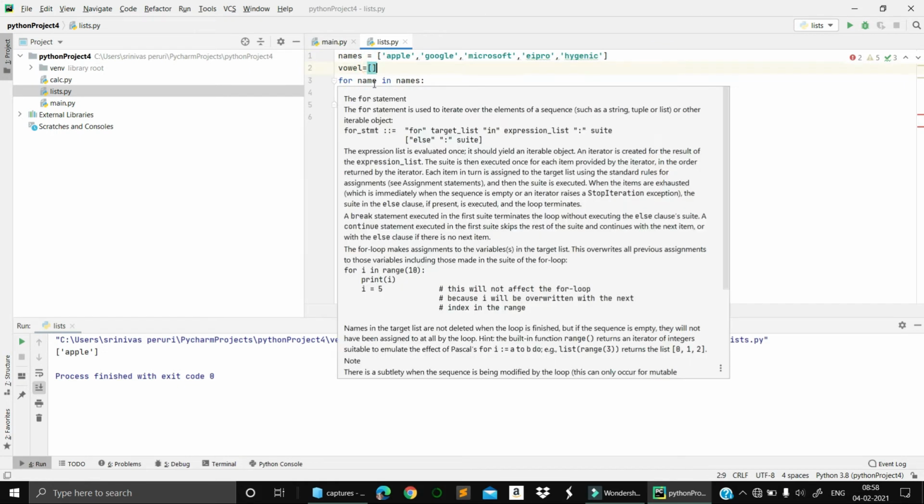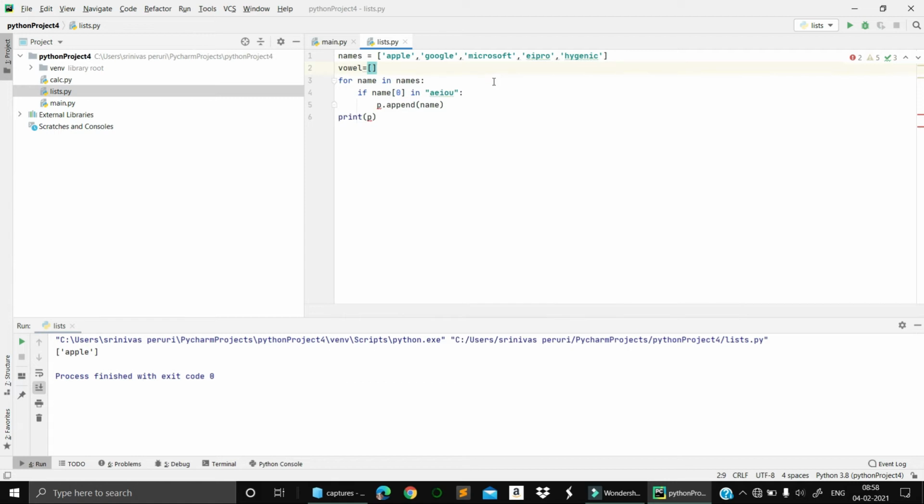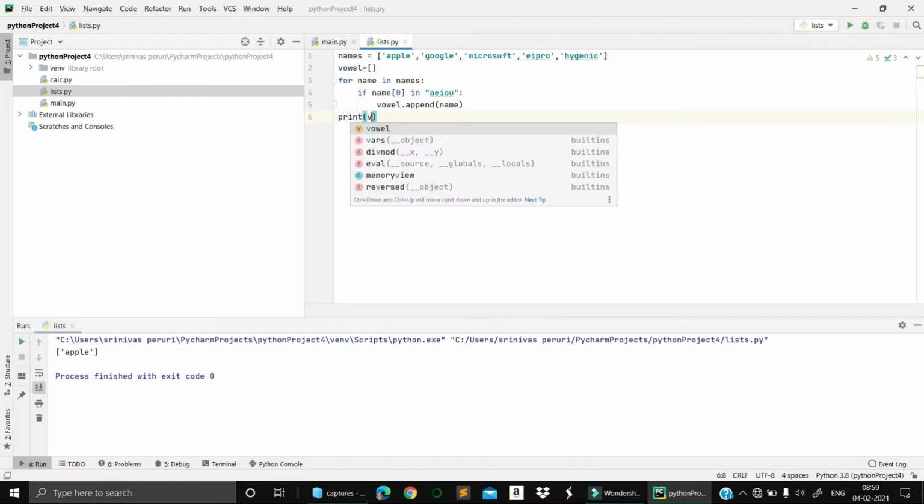I need to write the program. I'm using a for loop because you need to iterate over the whole list. So for name in names, if name of zero, the zeroth index position, is one of a e i o u, then you need to append it to the new list called vowel. Then I just want to print it.